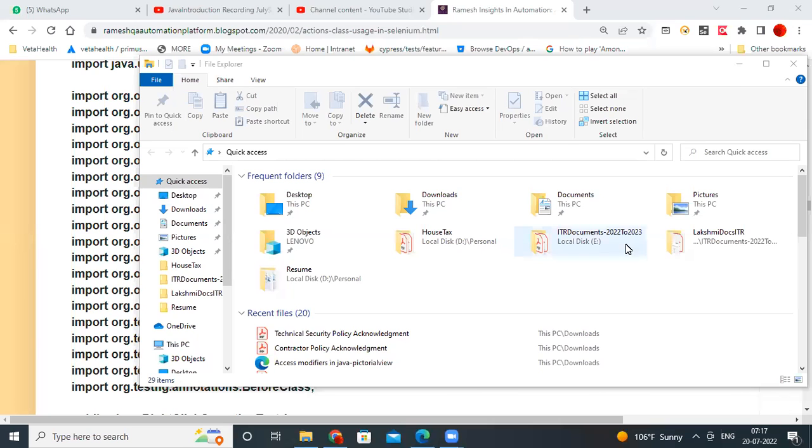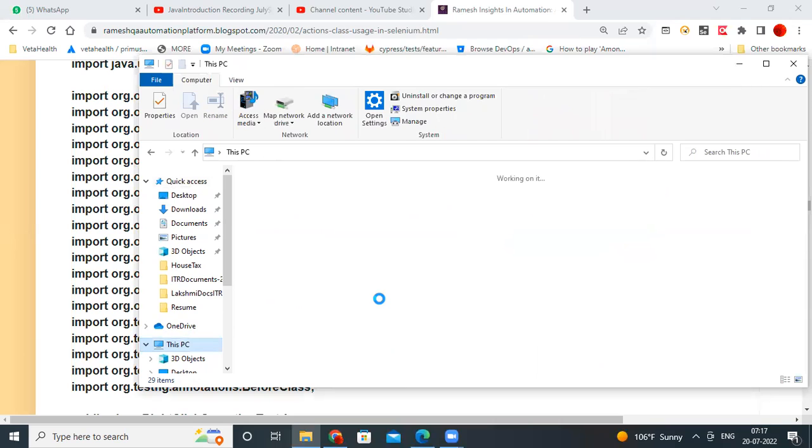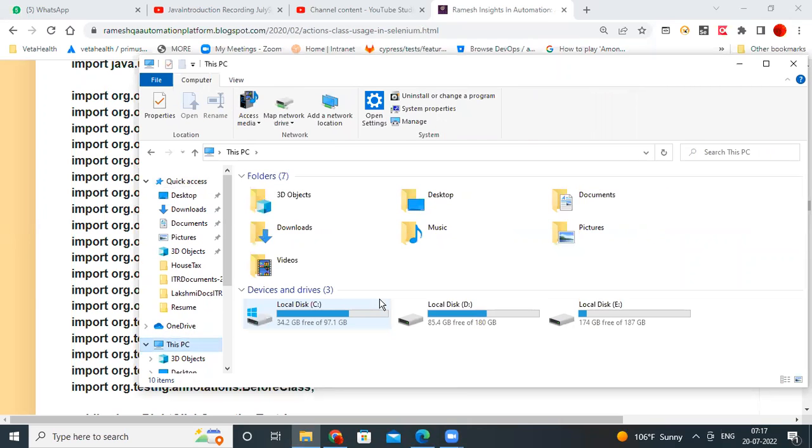This is not there. So there are relative locators. Relative locators were introduced in Selenium 4. Before it was not there. We have only